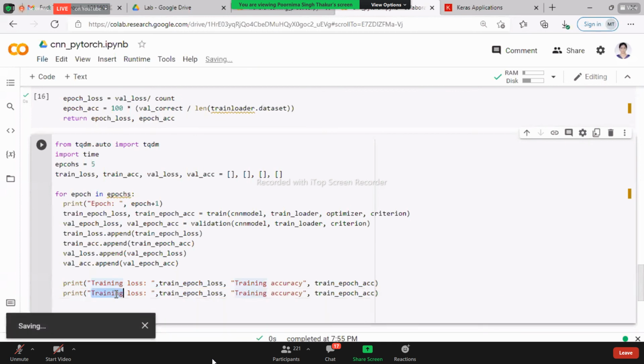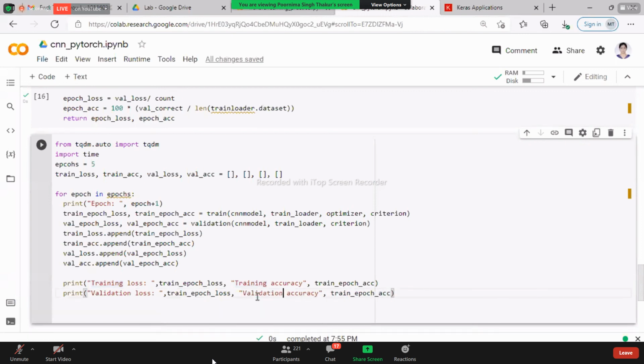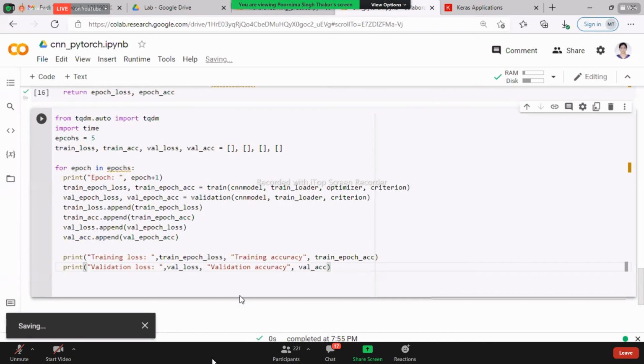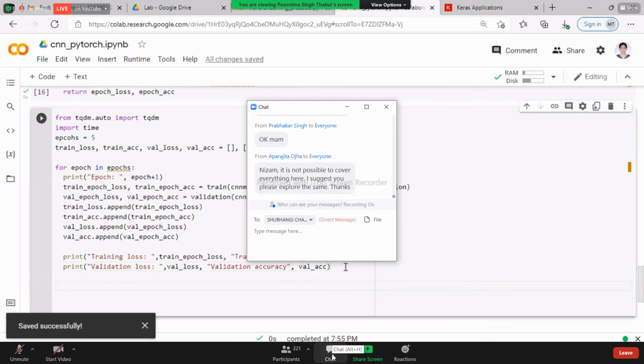Validation loss and validation accuracy. And we will print